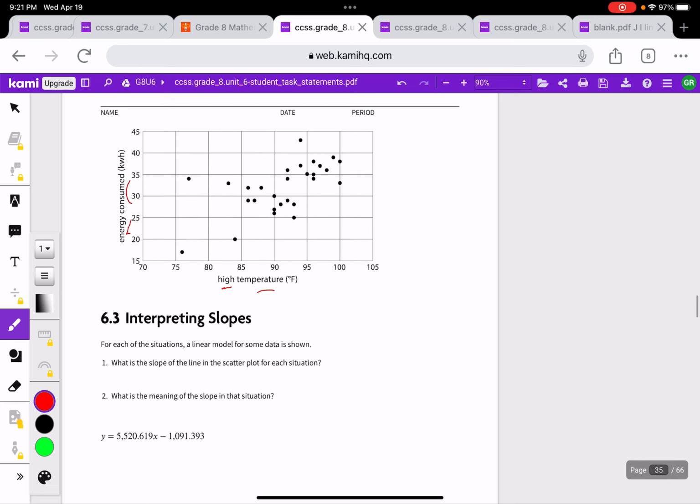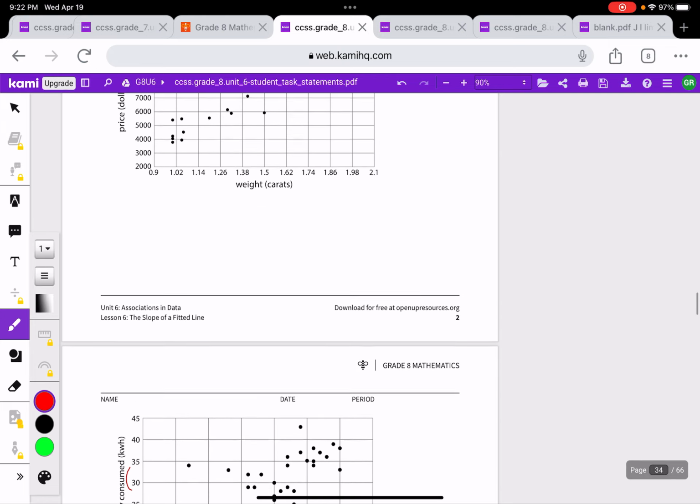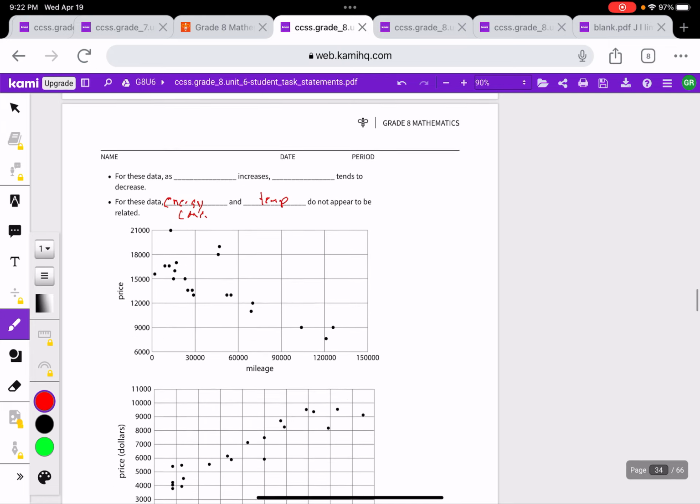So those 2 don't appear, which is weird. Energy consumed and high temperature. Usually, well, I guess it says high temperature, but not like total temperature. Usually, the higher the temperature, the more energy that's consumed. But maybe it's just saying something like high temperature, but who knows? That's the only one that logically fits there. So now,